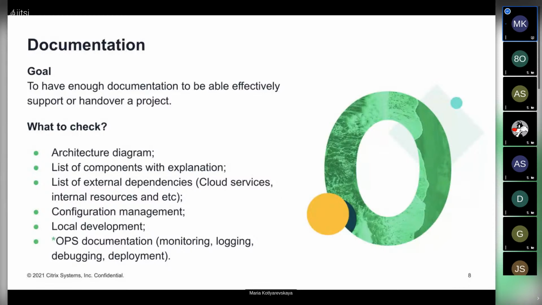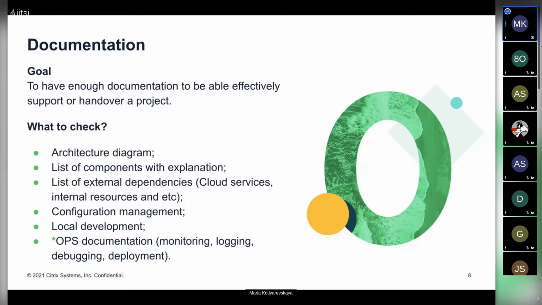I would suggest you check if your service, your project has an architecture diagram with just the main components and interactions between them. It's better to have this picture, because with it you can gather the minimum required information to start actually working.